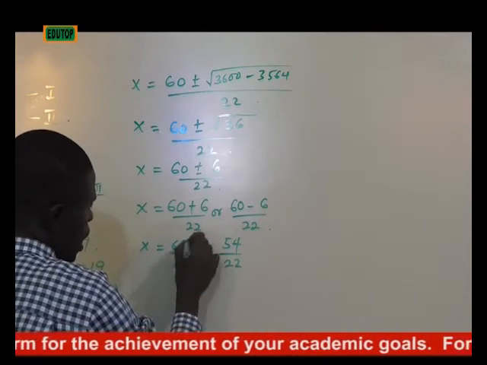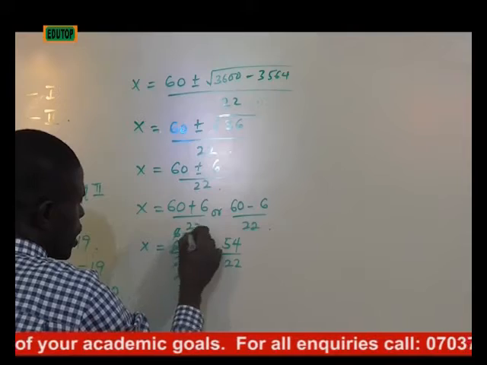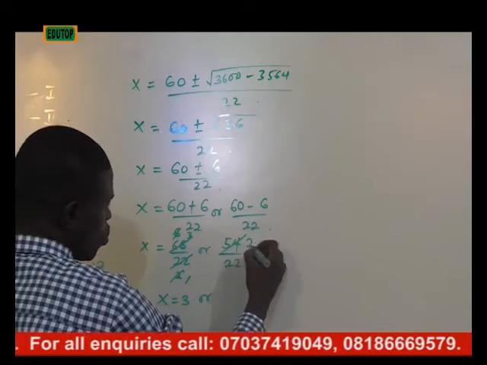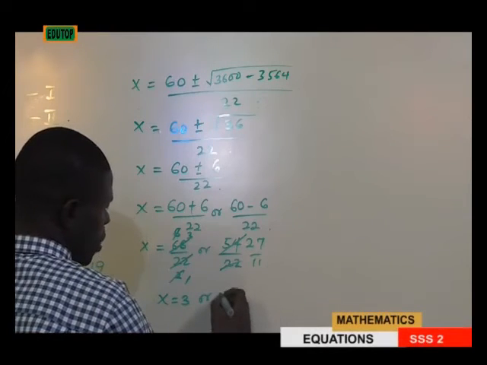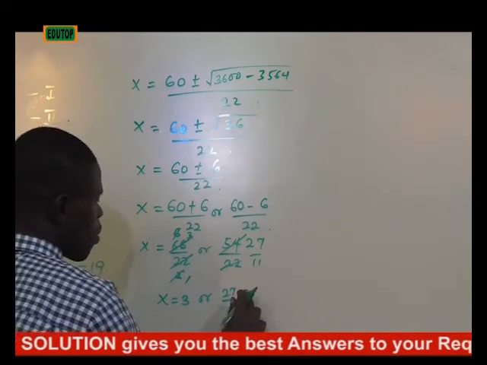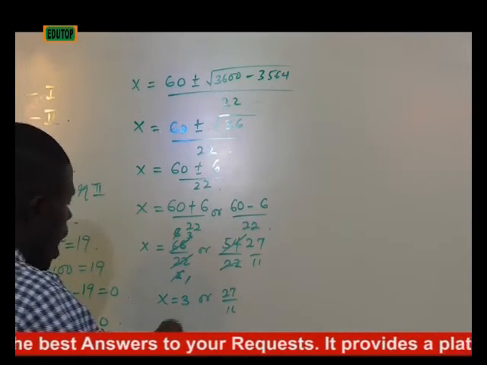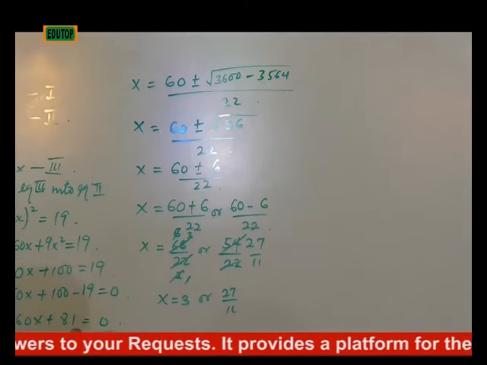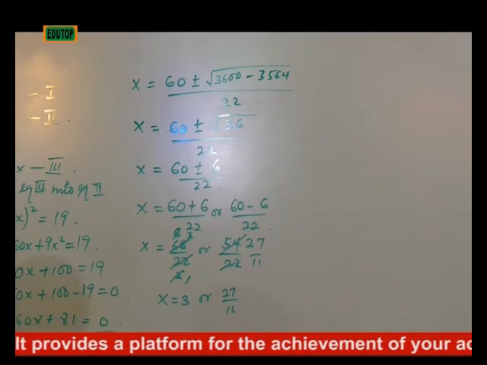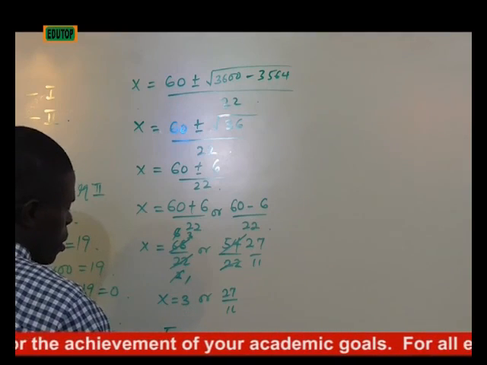11 here 2, 11 here 6, 2 here 1, 2 here 3. So x is equal to 3 here, or 2 here 27, 2 here 11. So automatically this one becomes 27 over 11. So that means the values of our x are 3 or 27 over 11. Now, substituting to get our y from equation